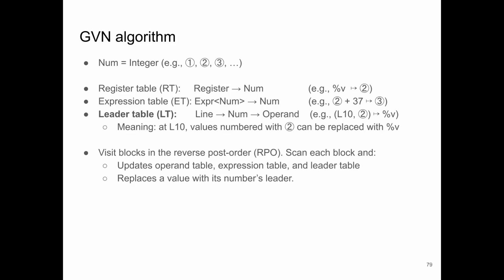And in the execution of this GVN optimization algorithm, we are going to update the knowledge database. We already know about the computations. So there are two components in the knowledge database. The first one is the register table, and the second is the expression table. For example, the register table assigns registers with numbers. For example, we are going to say %v is numbered with 2. Such information was used in the example